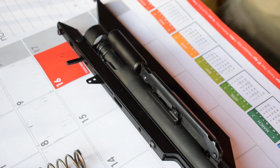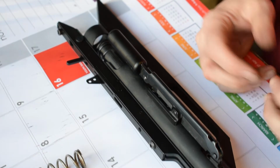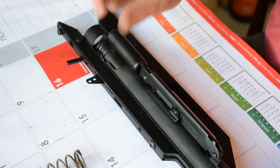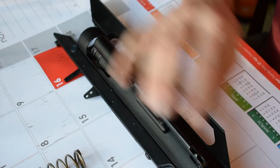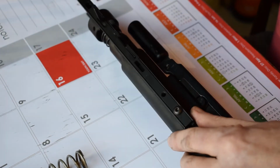Okay, today I'm just going to show you guys how to change the hammer spring on a Texan. What we've done is gone ahead and removed the pistol grip, the trigger shoe, the piece that goes on the safety, as well as the two side screws that hold the cocking lever onto the hammer housing. So first what we're going to do is